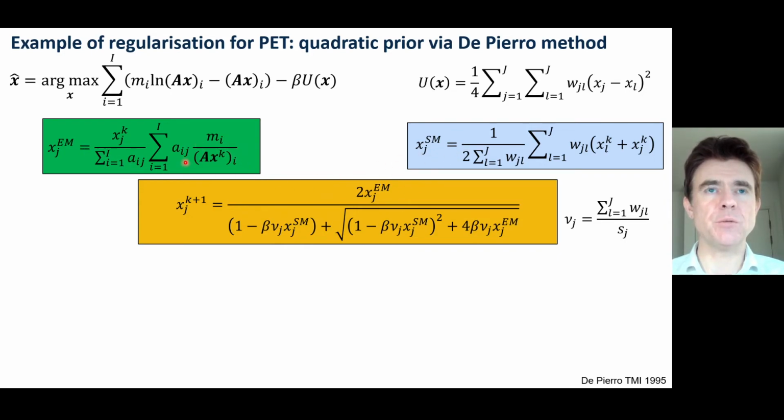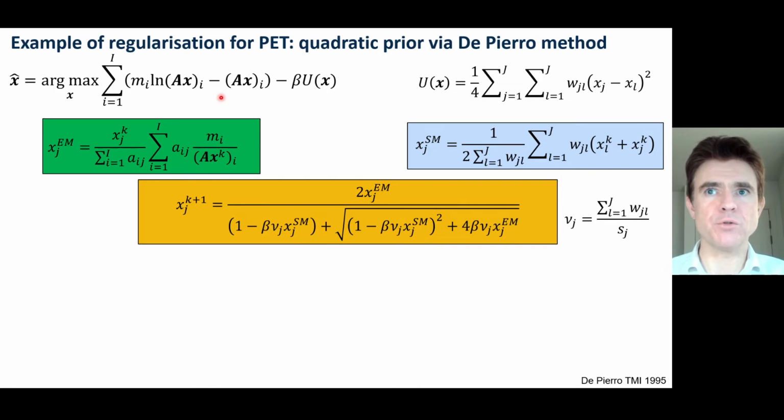So data fidelity update, Poisson log likelihood update, and then the update associated with the quadratic penalty. And so here is the data-based update, X EM, and then X S M for smoothed is the regularization-based update. And so we just join together those two updates to get an estimate which will be closer towards the maximum